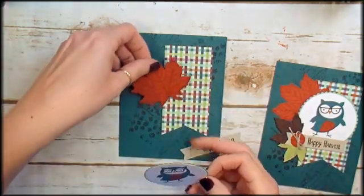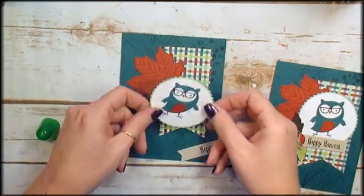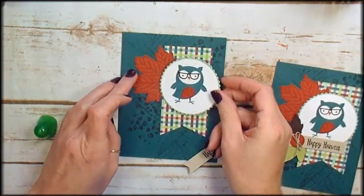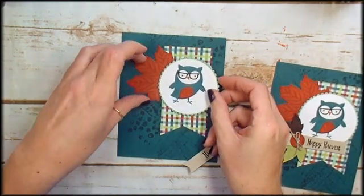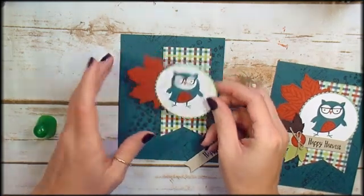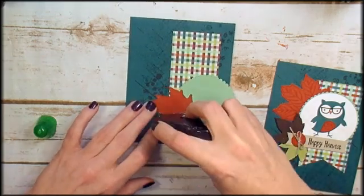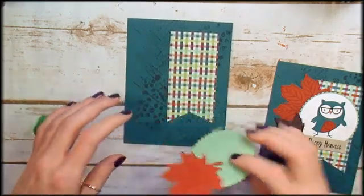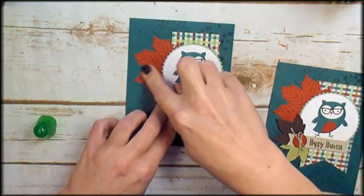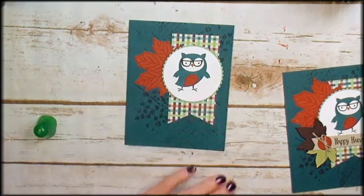We're gonna bring in our leaf, and we want that to show nicely when our owl is center. Turn a little bit, we're kind of dry fitting. We'll pick up the leaf, add some more snail. Now we know that we've got perfect placement, and we'll adhere that down. All right, so burnish that down, and then more